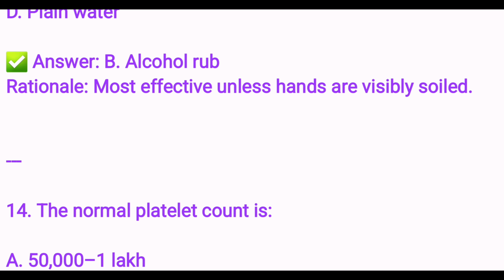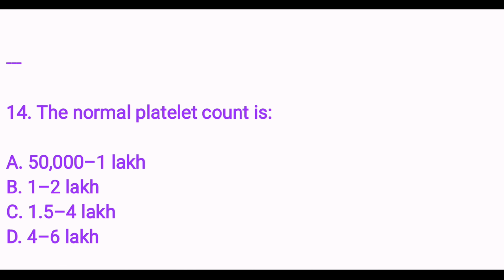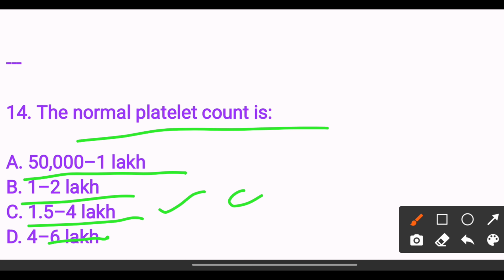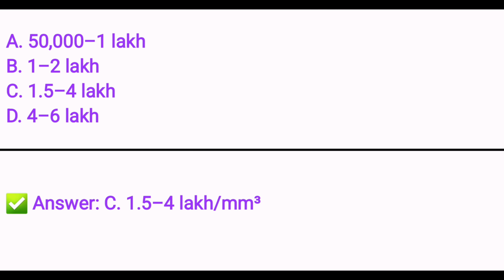Next, the normal platelet count is option A 50,000 to 1 lakh, option B 1 to 2 lakh, option C 1.5 to 4 lakh, option D 4 to 6 lakhs. The answer is option C 1.5 to 4 lakh. Next,